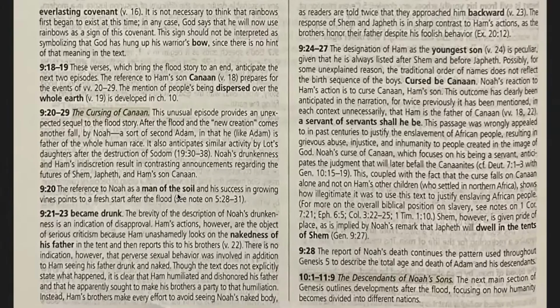Since I'm kind of stumbling over my words, let me go back to the verse. I'm not going to go to it on the screen, I'm doing it from the Study Bible, right? So Genesis chapter 3, verse 17. And to Adam he said, because you have listened to the voice of your wife and have eaten